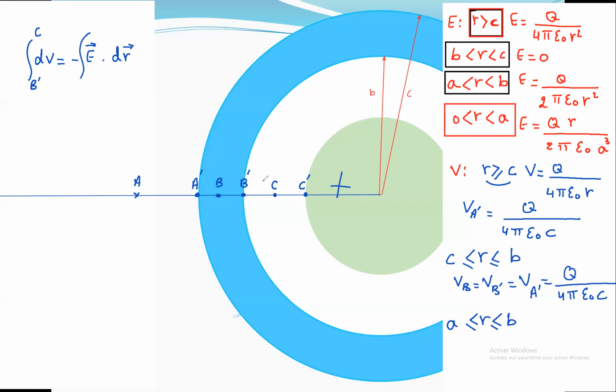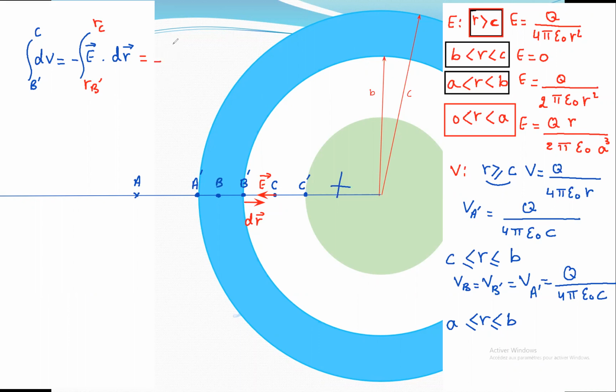E is outward at the point C. And I take the displacement dr between the point B prime to the point C. So here we have dr, and here we have E, they are opposite. So the angle between them, and the limit here between r of B prime and r of C,